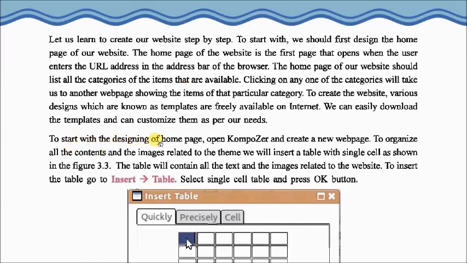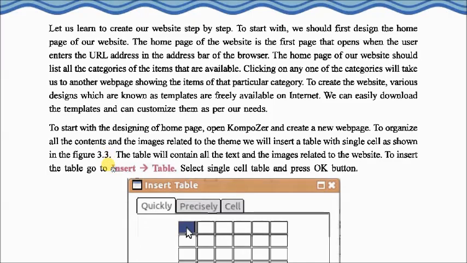To start with the designing of the home page, open Composer and create a new web page. To organize all the content and the images related to the theme, we will insert a table with a single cell, as shown in Figure 3.3. The table will contain all the text and images related to the website.